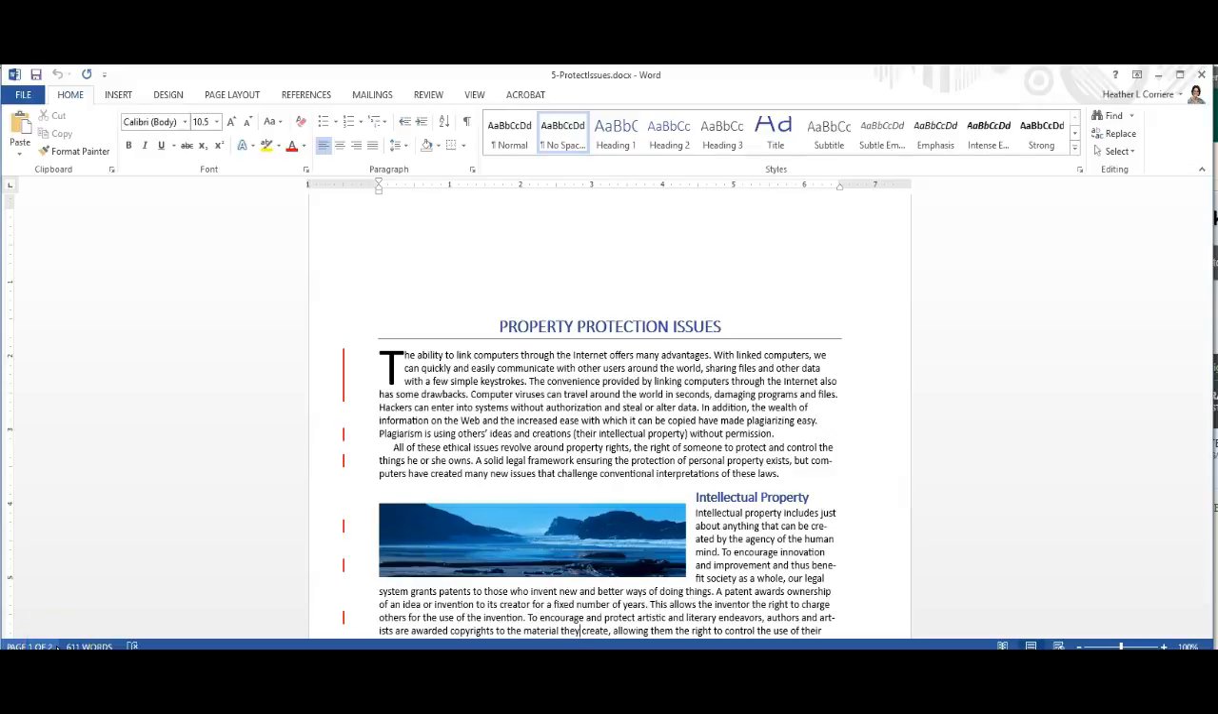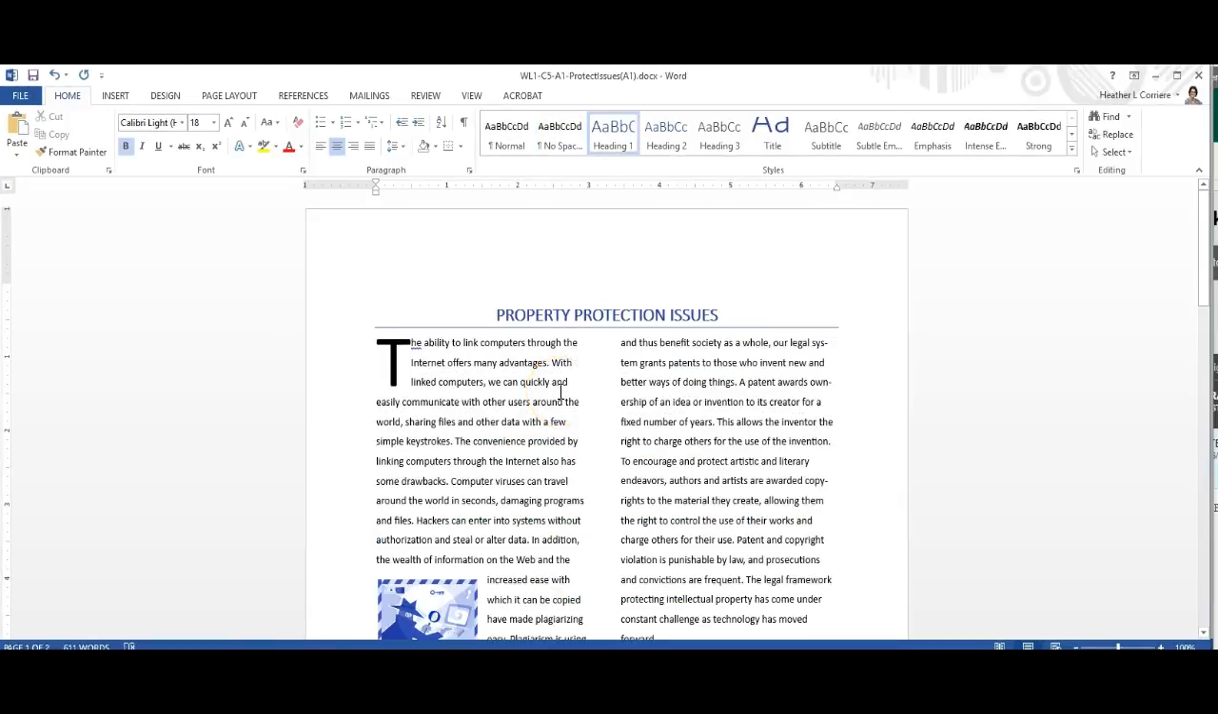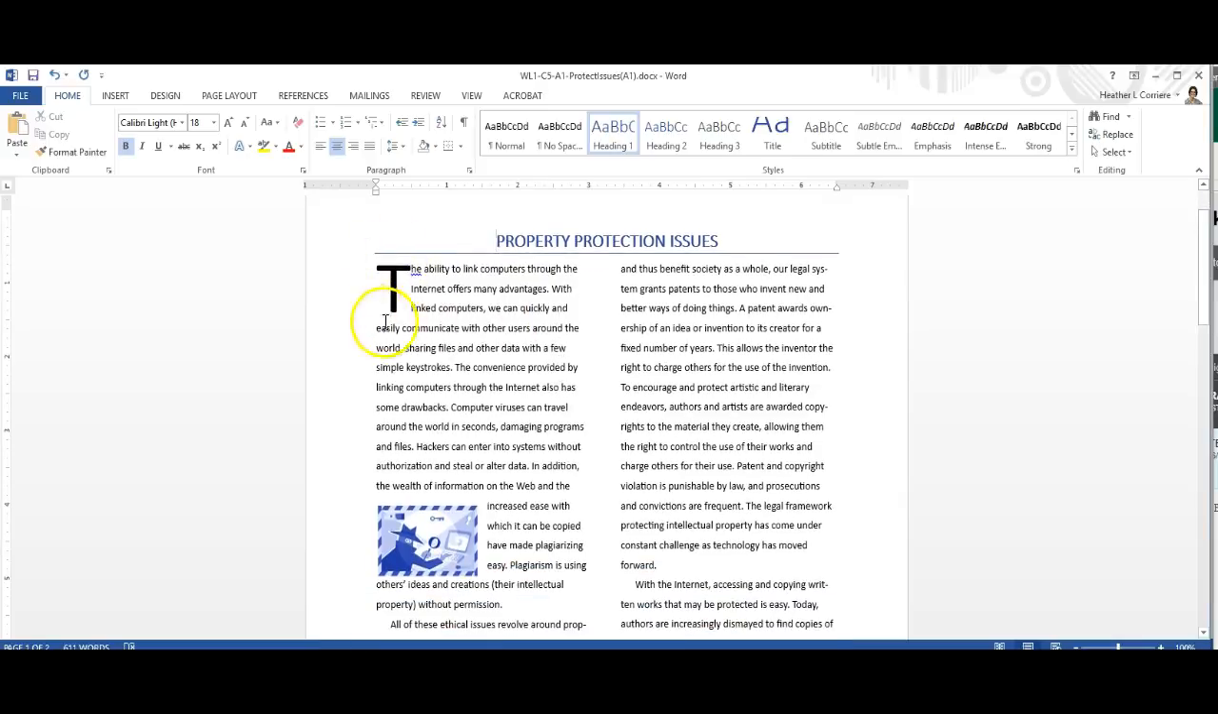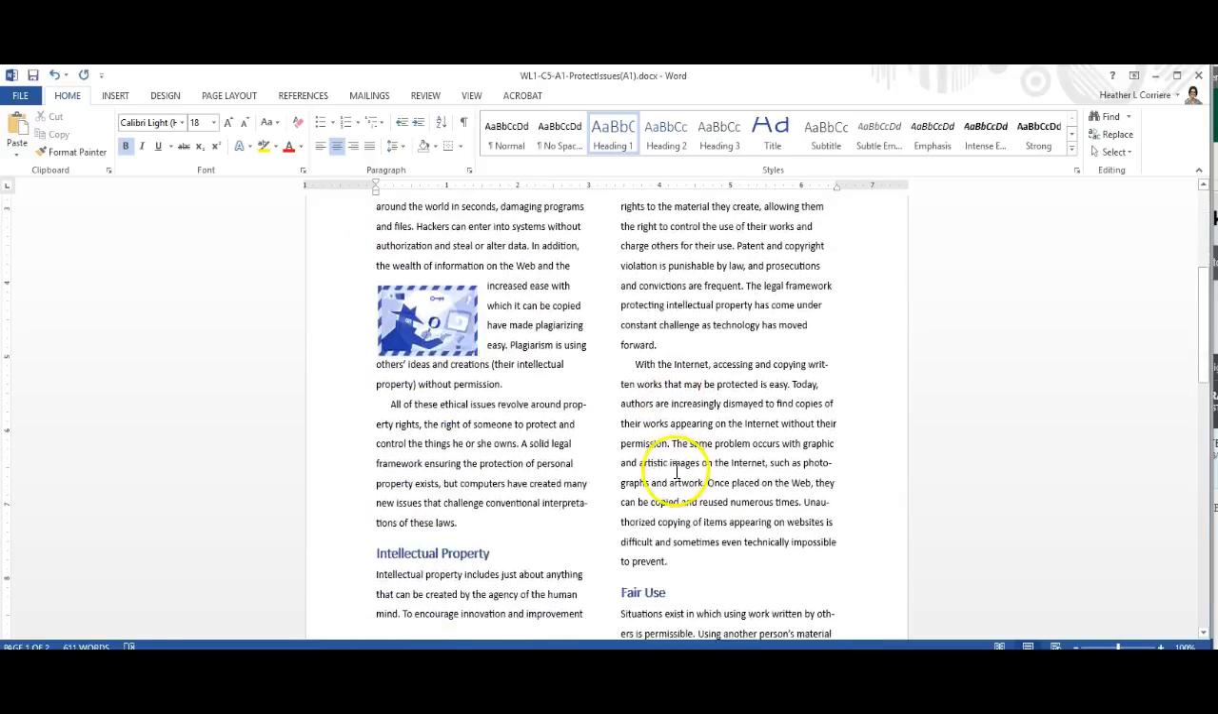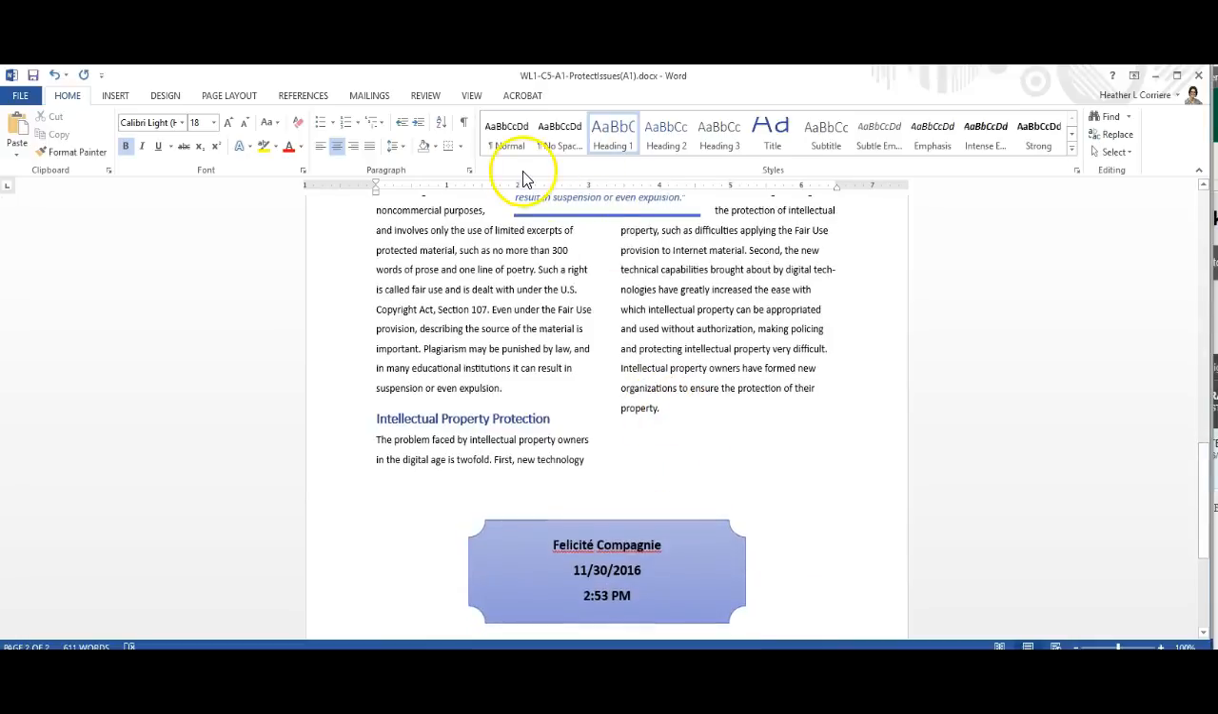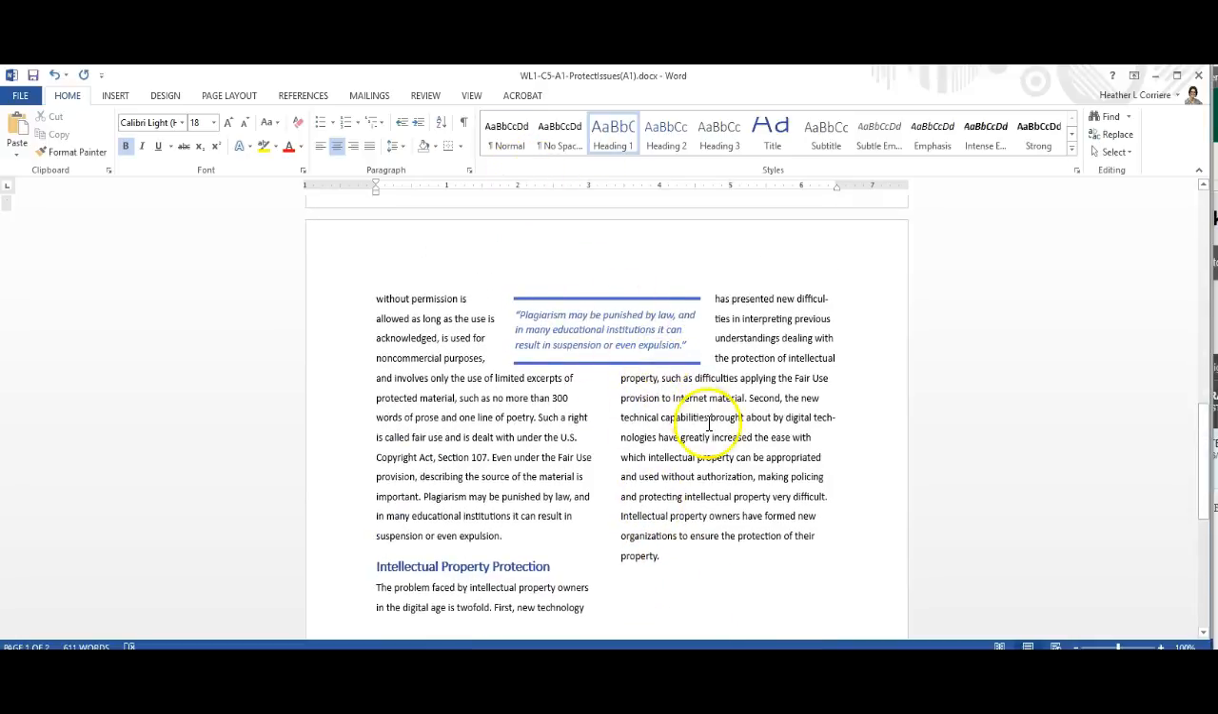Hey Ashley, this looks pretty good. There's one thing missing in that we want columns here. So it should look like this. And you've got the drop cap in there, you've got your picture, and you've got your pull quote, and this